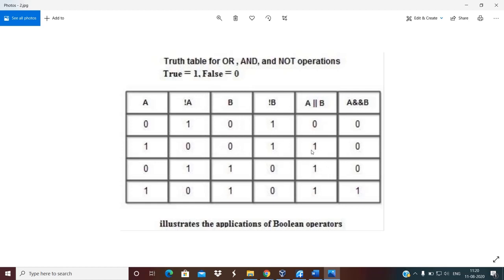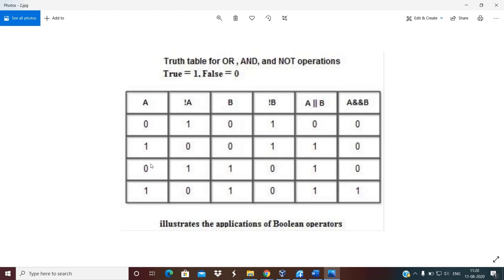So what can you conclude from this truth table of logical OR? A and B are called operands and this is called an operator. If both the operands are zeros, then the output is 0 also.